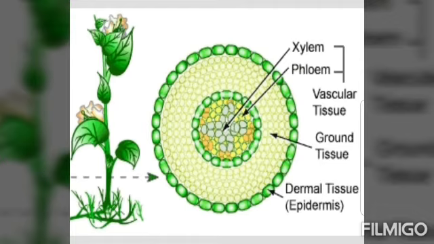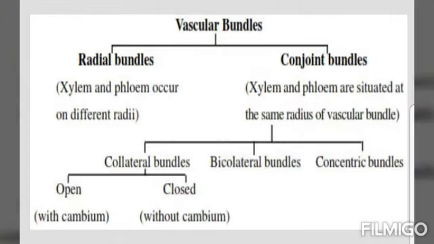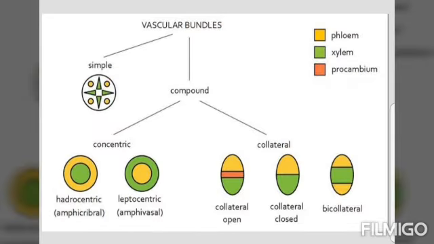In the monocotyledonous plants, the vascular bundles have no cambium present in them. Hence, since they do not form secondary tissues, they are referred to as closed. When xylem and phloem within a vascular bundle are arranged in an alternate manner along the different radii, the arrangement is called radial, such as in roots.